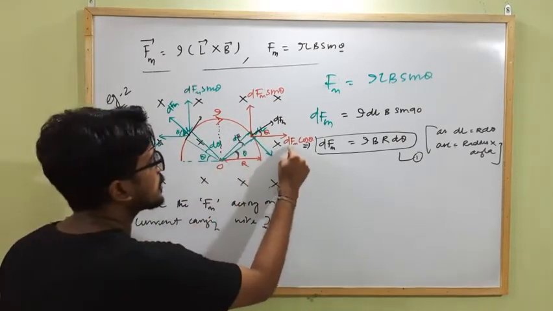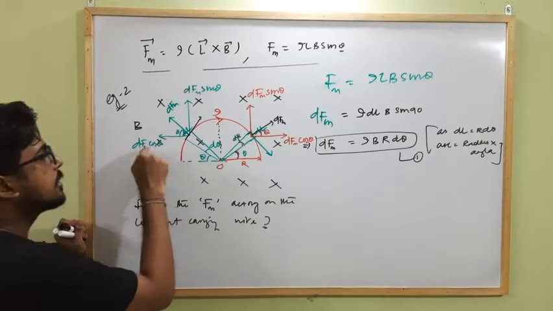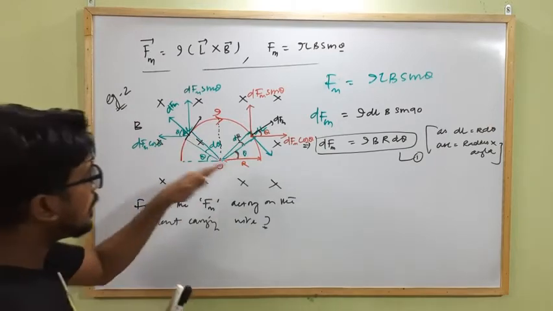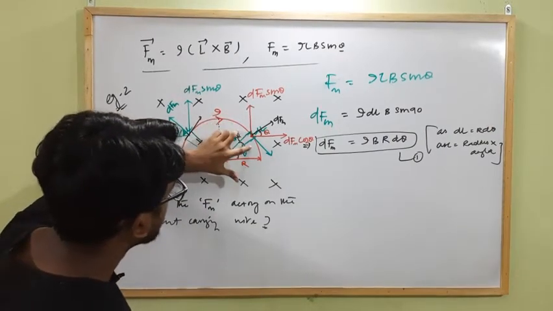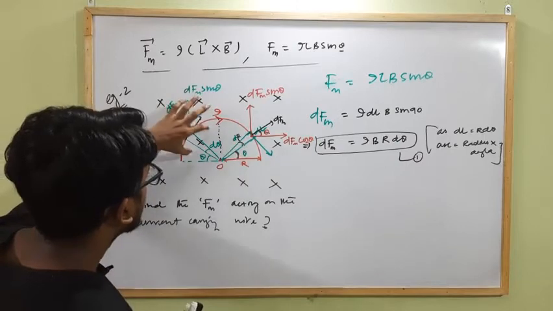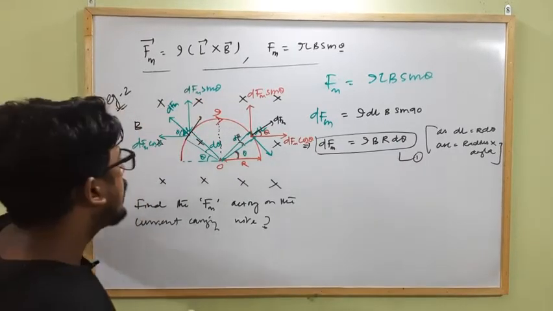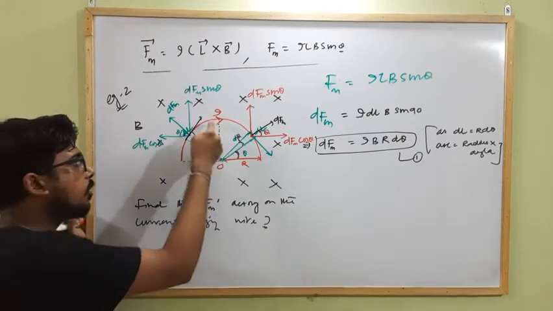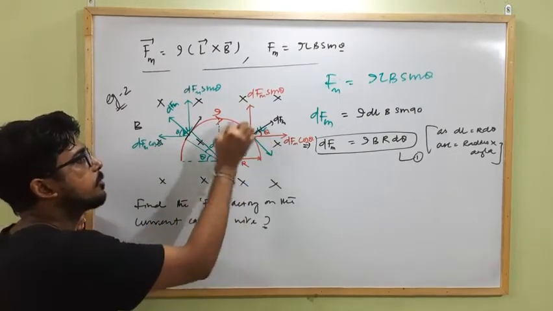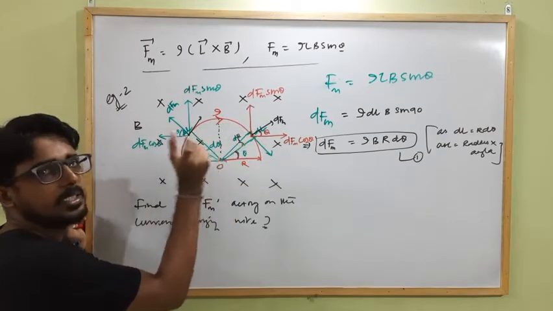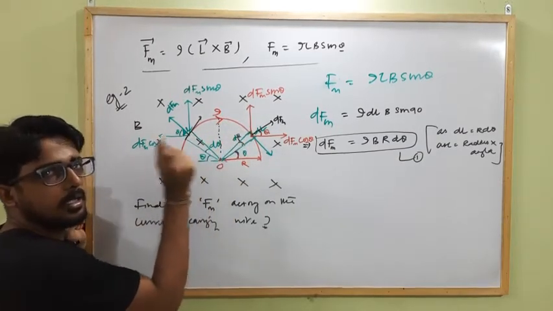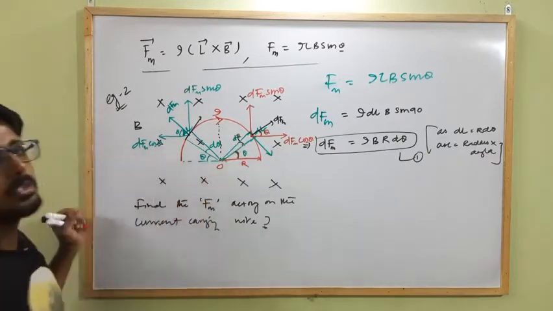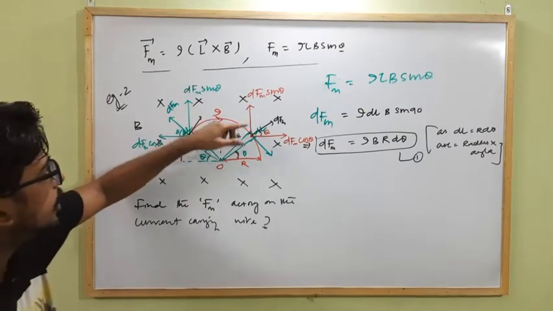Here the horizontal force is dF cos theta, here it is also dF cos theta. These two are the same magnitude and opposite in direction, so they will cancel each other. Similarly, for each and every segment on this half, there will be a segment on the left half which has the same horizontal component of the net magnetic force. That's why all the horizontal components of the magnetic force by each segment of width dl cancel out, but only the vertical components will add up. Here dl is a very small length of this current carrying segment.